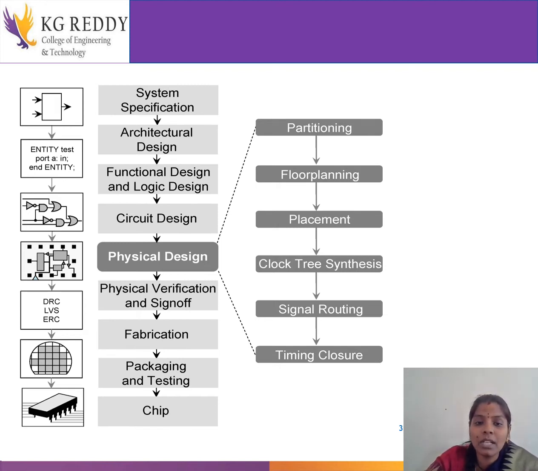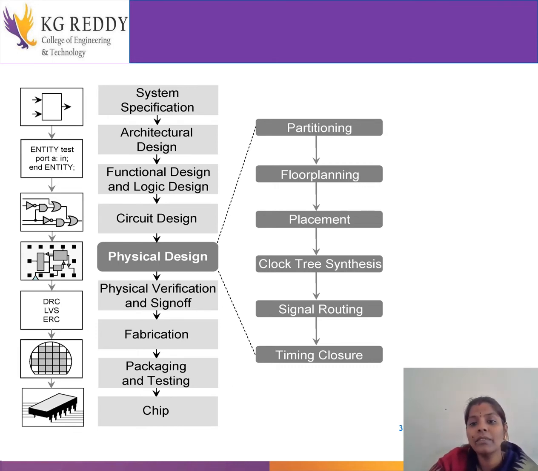In that chip means what? Because ultimately we are trying to design a chip here, right? Finally our outcome is a chip. So taking 1 centimeter by 1 centimeter or any die, within that small size, we do partitioning. In that partitioning, we try to put the low power circuits at one side, and the registers, the adders, the subtractors or multipliers, we will be arranging and partitioning at the required places in the chip. Then now we do floor planning.